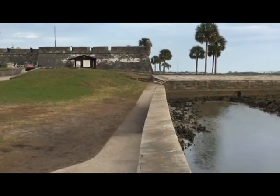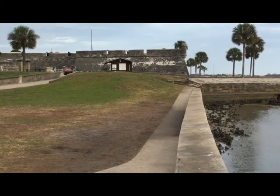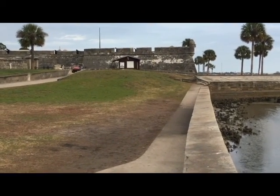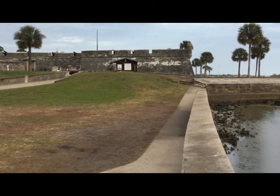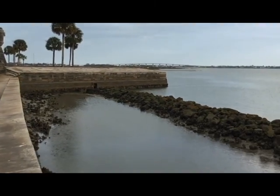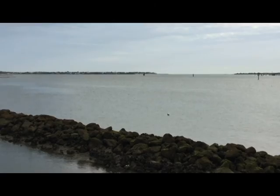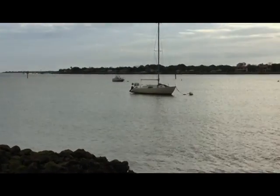Now I'm at the edge of the harbor looking south at the Castillo de San Marcos, which was finished sometime in the late 1600s or early 1700s, depending on how you count. Anyway, we're on the seawall, and if I turn a little bit to the northeast, you can see the access to the harbor from the Atlantic Ocean, and a little farther and I see Anastasia Island,